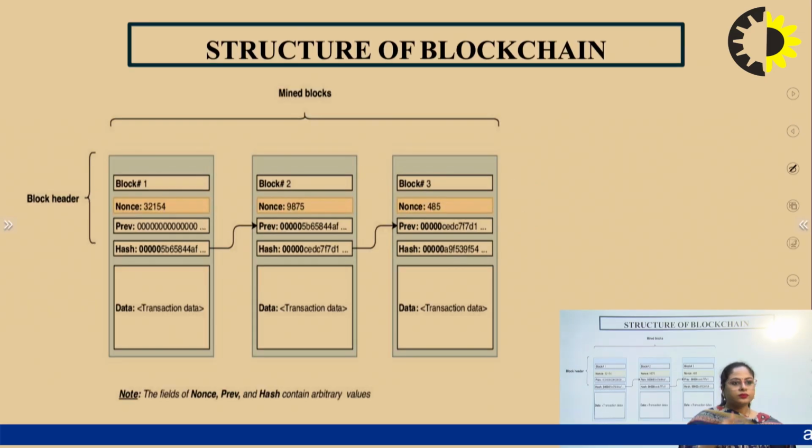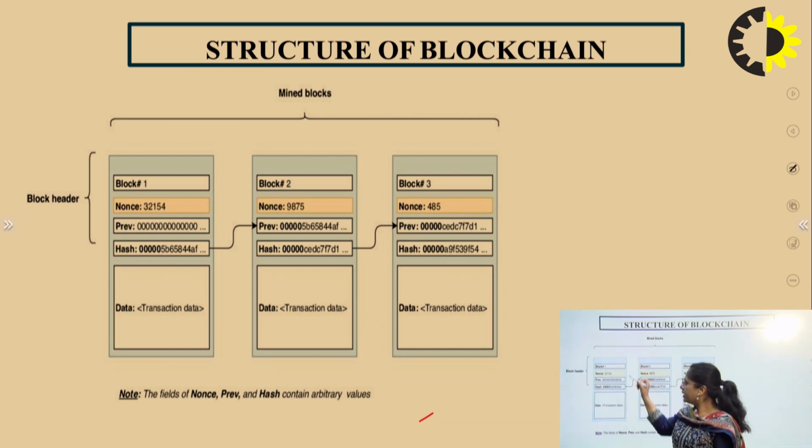Now, this is the structure of blockchain, where every block is linking to another block. Here, block 1, block 2 and block 3 are linked one to another. In each block, some information is stored. Block 1 has the block 1 hash value, the previous block hash value, and a nonce, which is a number used once,